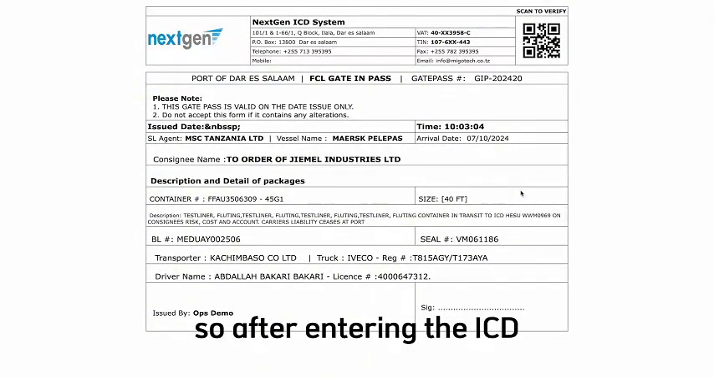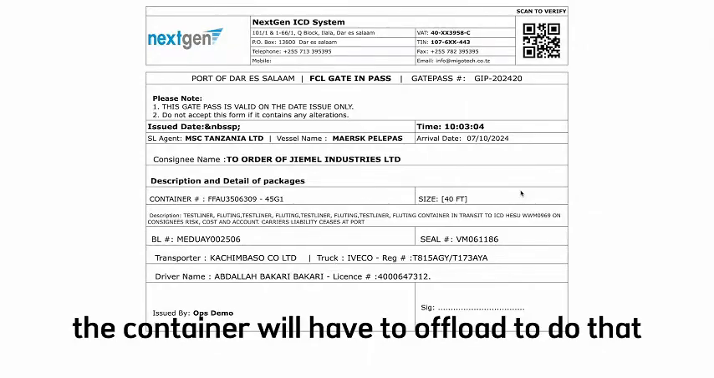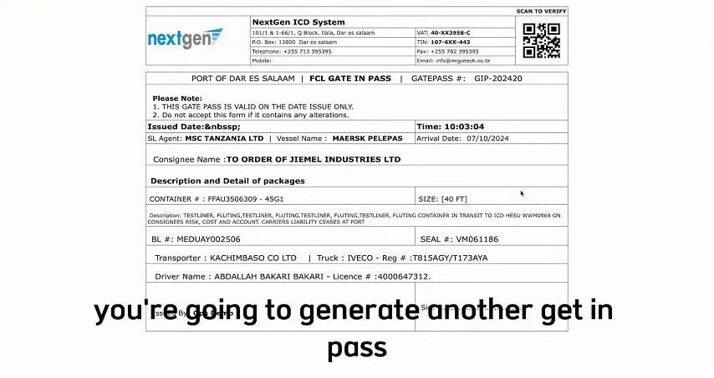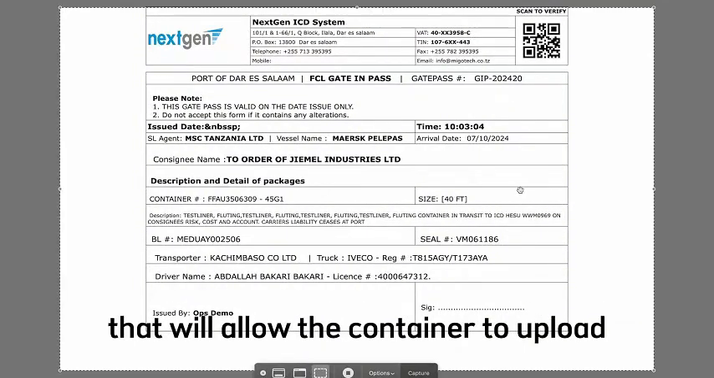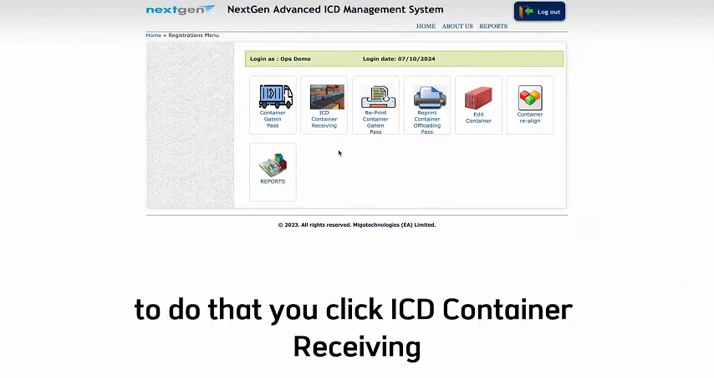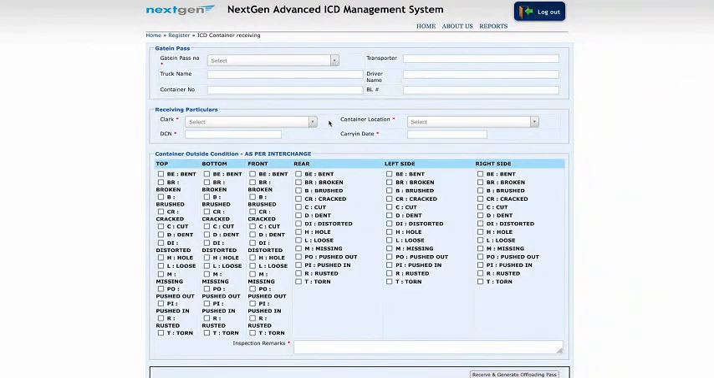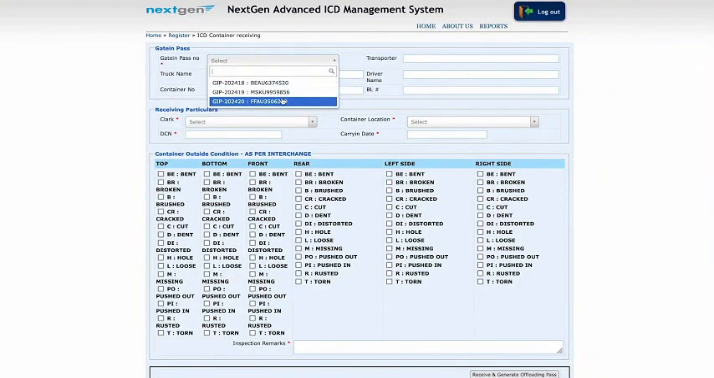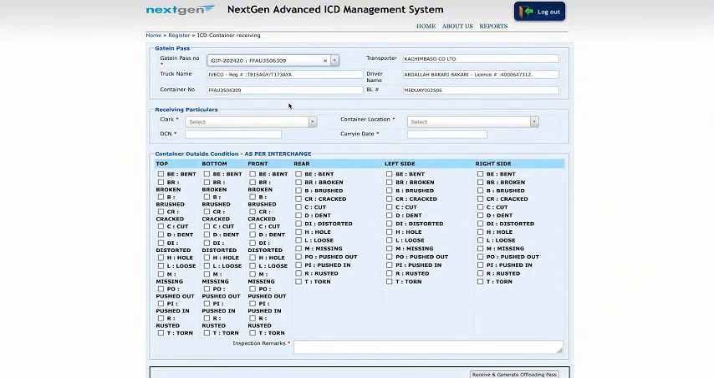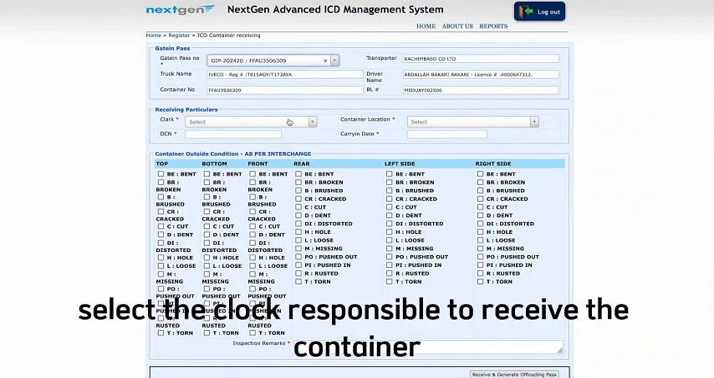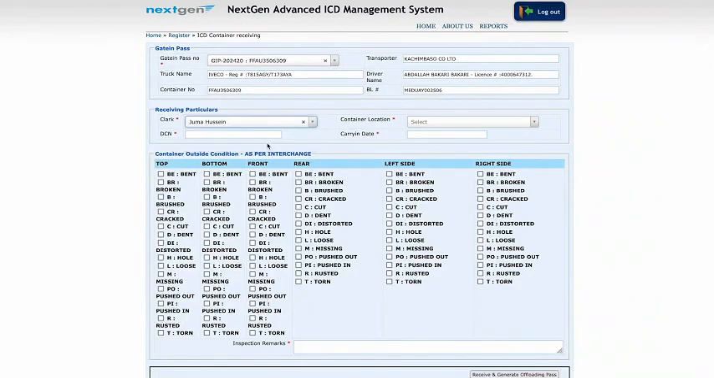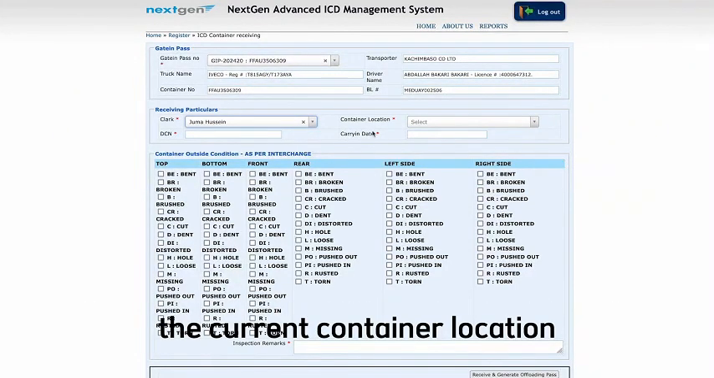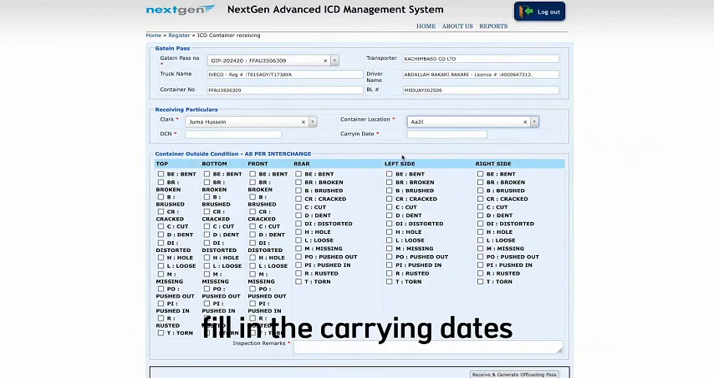This Get-in Pass will allow the container to now enter the ICD. So after entering the ICD, the container will have to offload. To do that, you're going to generate another Get-in Pass that will allow the container to offload. To do that, you click ICD Container Receiving, select the Get-in Pass that you've created, select the clerk responsible to receive the container, the current container location, fill in the carrying date,